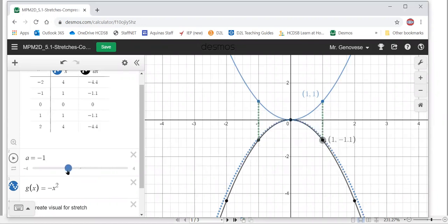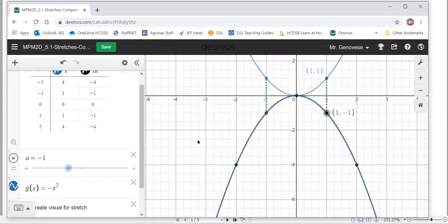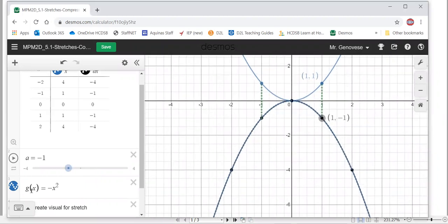So we'll get it to -1. So there's -1. So you can now say the parent graph, y equals x squared, which is the blue one, has been reflected along the x-axis, and now we have the black graph. But in addition to that,